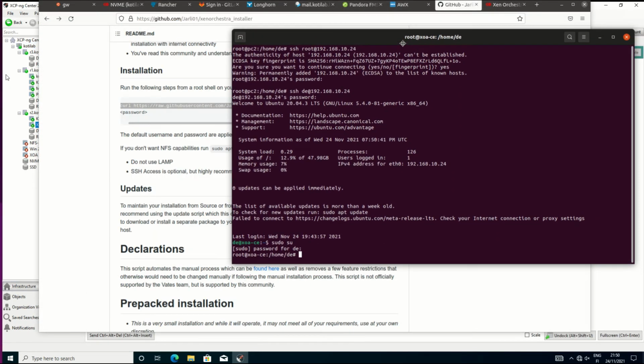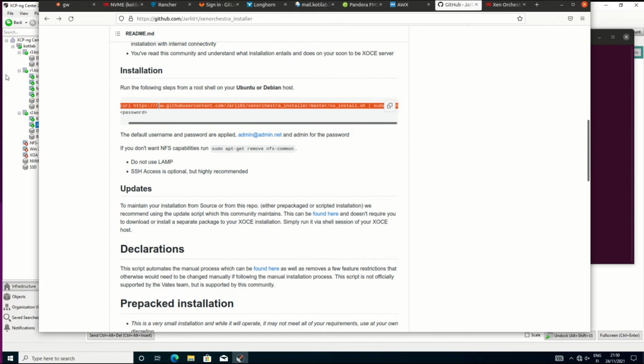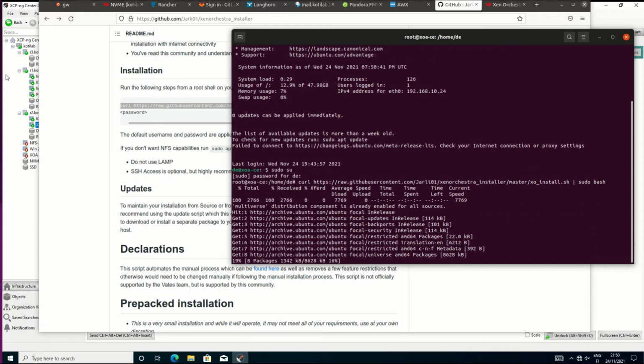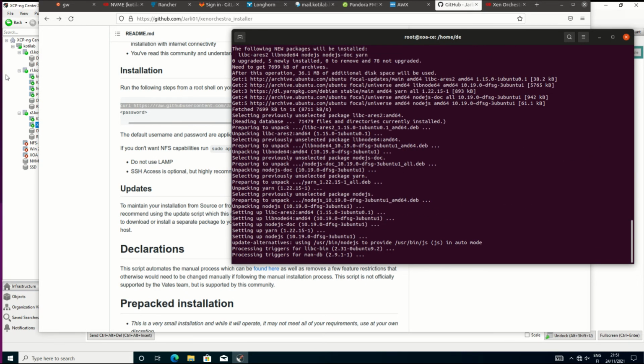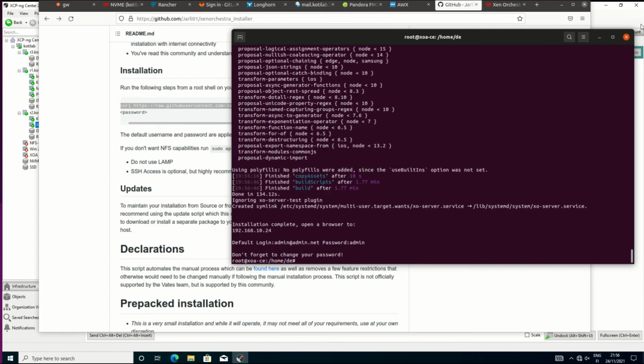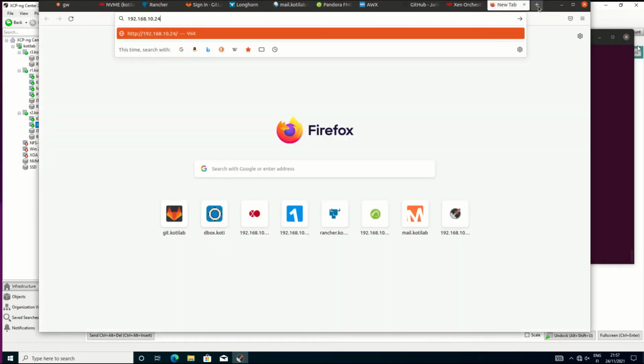After you have installed the server, it is ready for installing XOA on it. For most of these solutions, there is a one-line command to deploy XOA on your server. Installation takes about 8 minutes to complete. Then open the browser and navigate to your XOA server. Check the default admin user and password at the end of the installation.